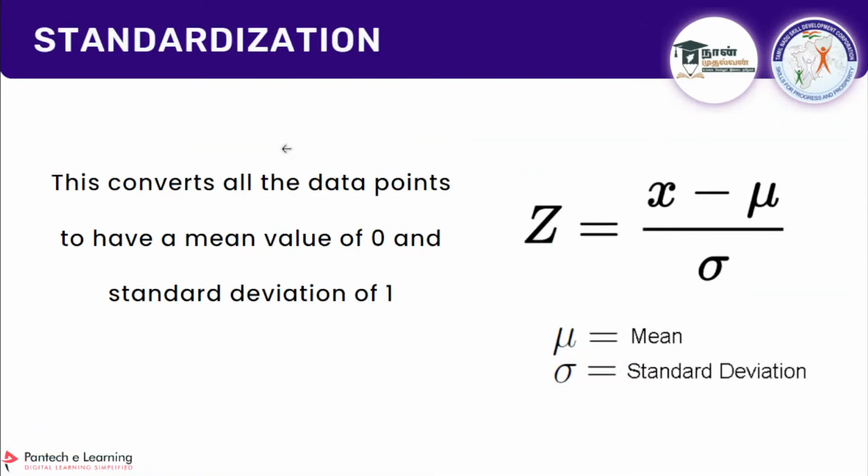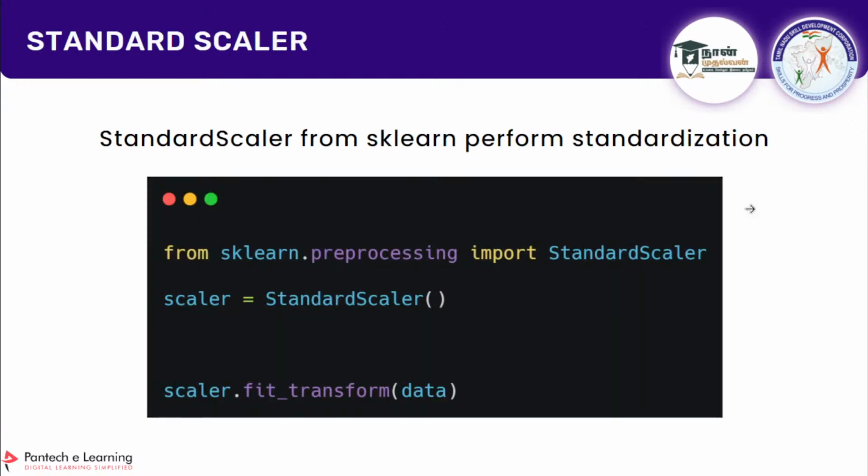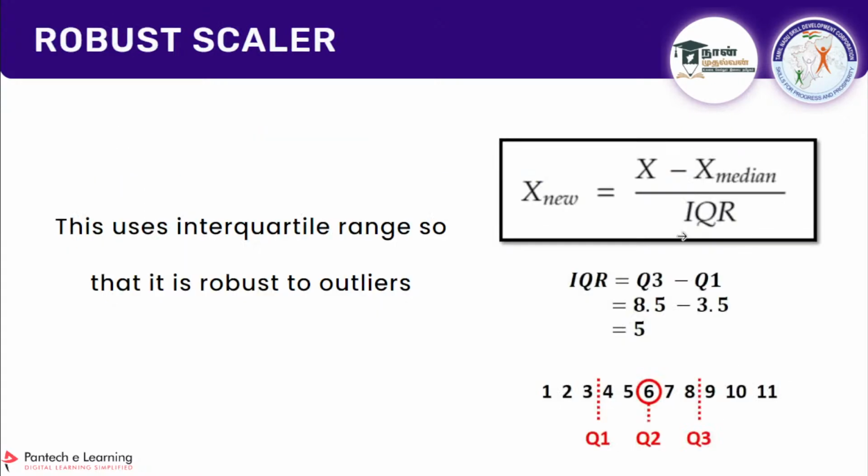And when you go for standardization, we take the mean value and standard deviation, and subtract the mean from the original value and divide by the standard deviation. This gives you a range where the mean value of that column will be 0 and the standard deviation will be 1. So we are converting it into that range. I'll tell you the use case. But when you have an outlier, you cannot go with standard scaler or min-max scaler, standardization or normalization. You have to go with the robust scaler, which uses the interquartile range.